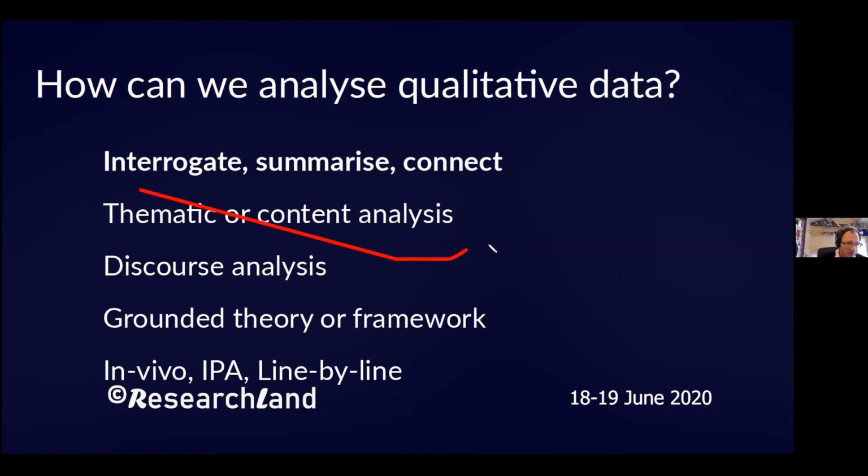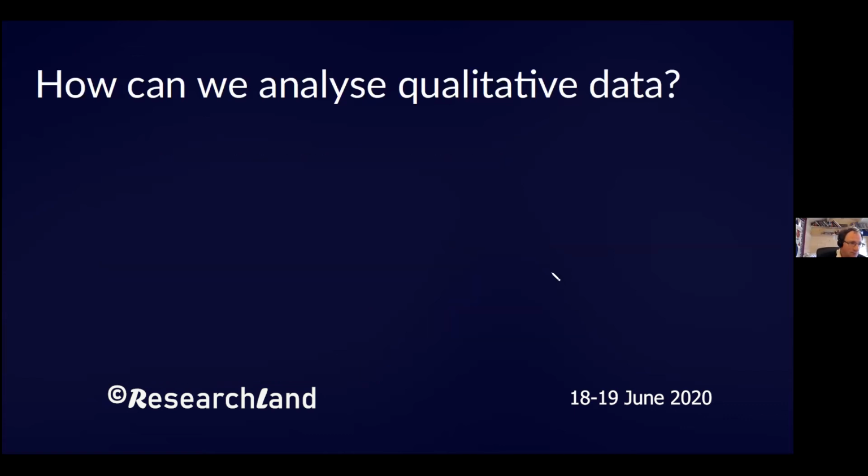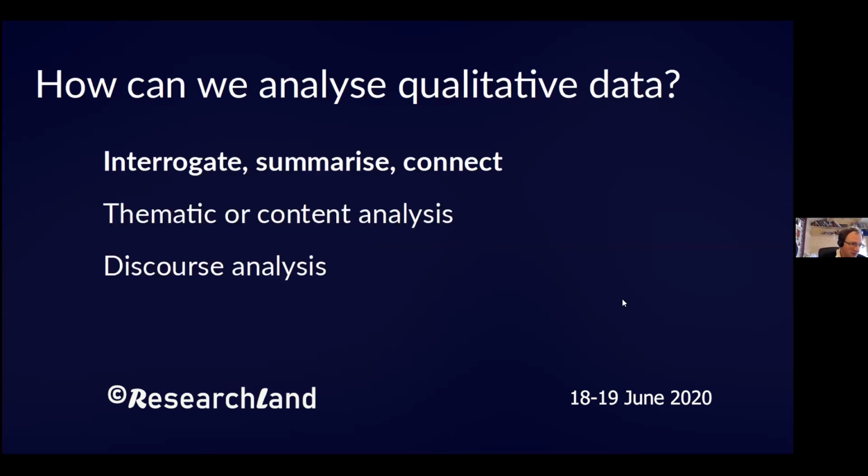The other option here would be discourse analysis. So discourse analysis is looking at what people say and how people say things. So is there subtext? Are there things people are saying which are not very obvious? Or if you read between the lines, are there things that people are wary about talking about? There's also these 2 kind of